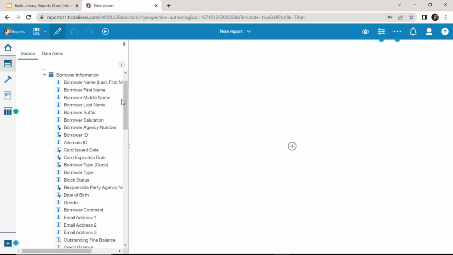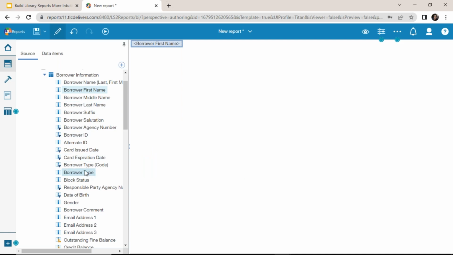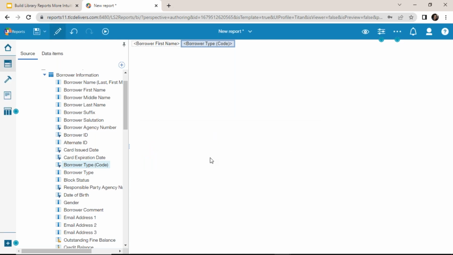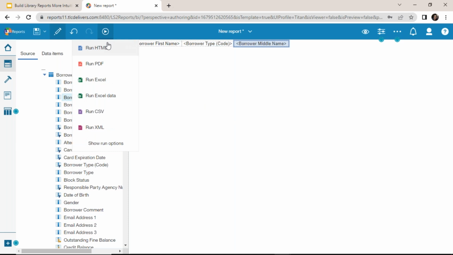So from there, I'm just going to jump in and say I'm super excited. I'm just going to start dragging things onto the screen. Well, I accidentally double clicked, but I'm dragging things to the screen of what I want to see. Now I'm getting this pop up each time I'm adding a new element, saying a new singleton and new query has been created for the object you have inserted. And you're like, whatever, that doesn't mean anything to me, right? But when I run the report,